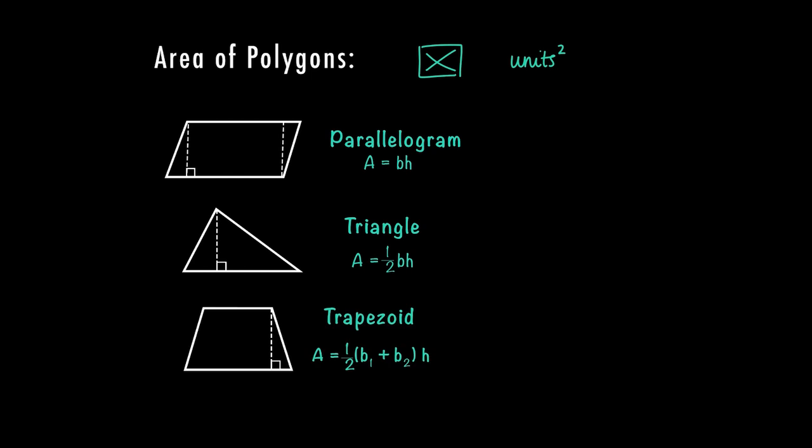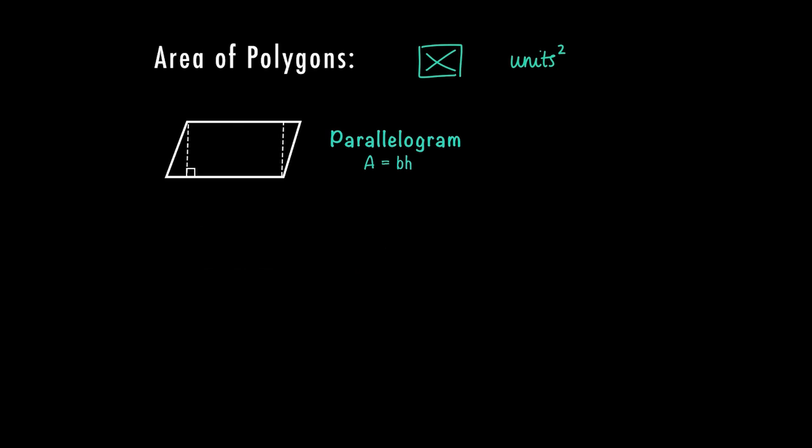And all three of these have the formula there for you. So we're going to start with parallelograms. And the parallelogram looks similar to a rectangle. You can see that the picture or the image has a 90-degree angle for you. If you were to take this side of the parallelogram and move it to the other side, if we were to cut that off and move it over here and put it here, then this would be moved to the other side, which makes this image